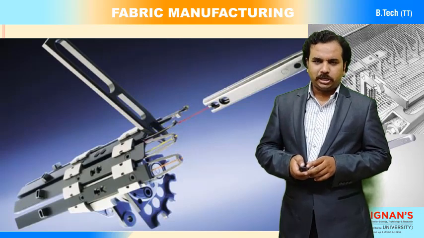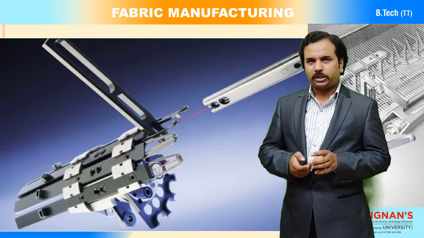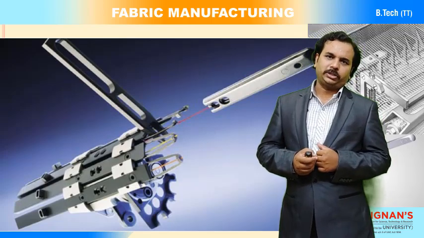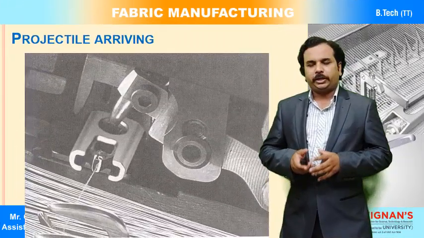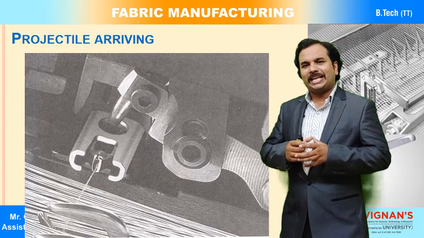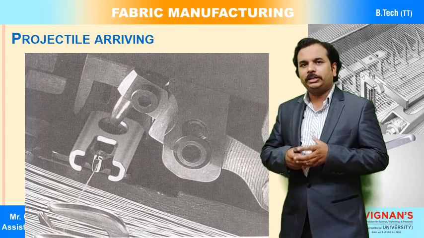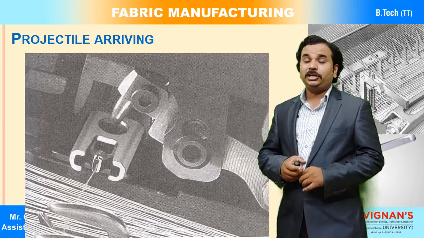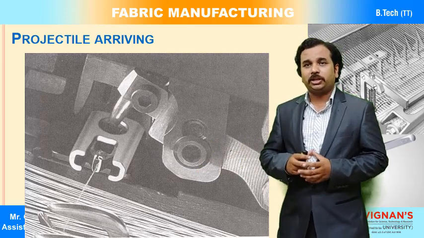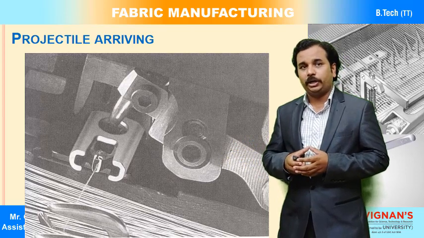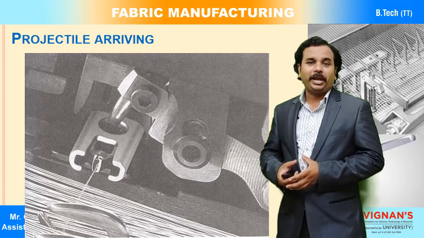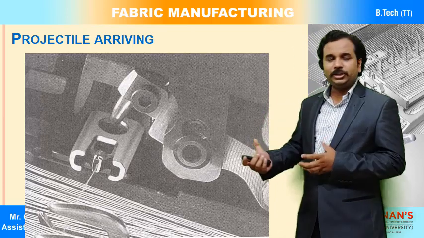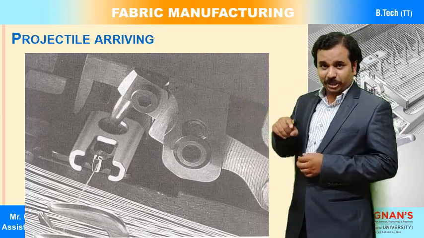Okay, and you can see the same thing, how the projectile feeders and the projectile feeder opener are activating on the projectile feeders. Now particularly when the projectile is arriving, at the receiving side of the projectile weaving technology, you can observe that there is a projectile arrival point where the projectile braking system and projectile checking will be done. Okay, so when it has reached, there is a projectile opener.